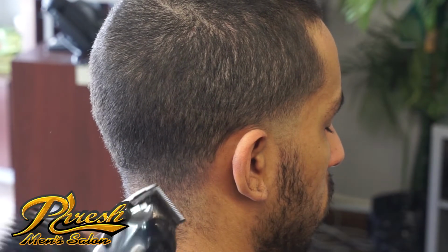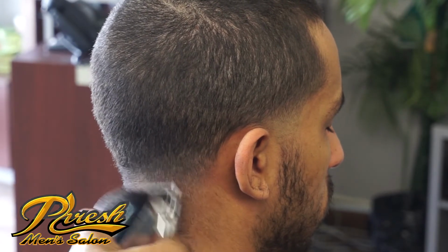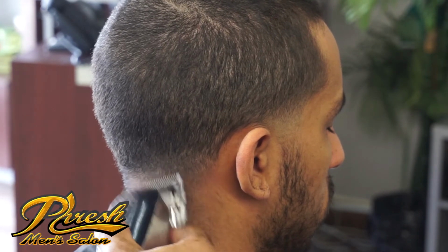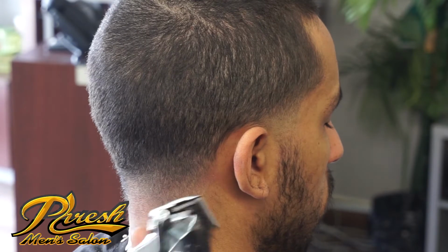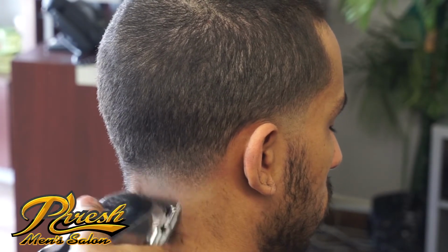I like to start off with the two guard, and let me re-explain it because I think I was talking too much. So I start off with the 2 guard against the grain, and then I go to my 1.5. My 1.5 is like a staple when I'm doing a fade. I love using my 1.5, the white guard,